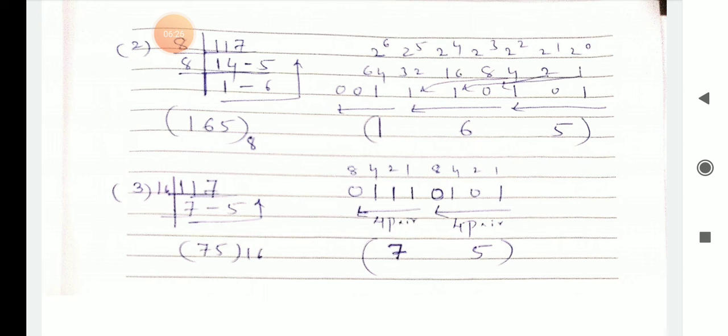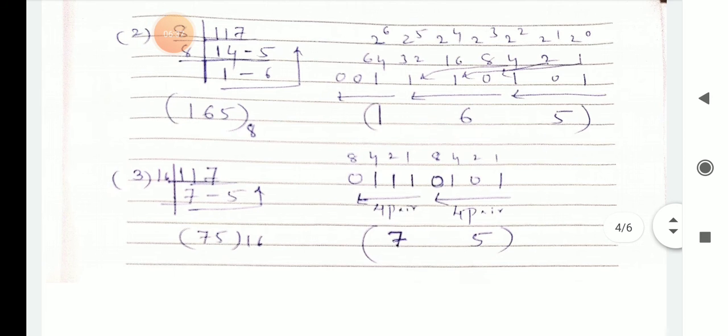So whatever binary number is there, again you have to make 3 pairs, like 1 0 1, 0 1 1, 1 0 0. Like that you have to consider it. Again you have to use the 8 4 2 1 method. Then you write, where there is a 1 you consider it, and where there is a 0 you do not consider it.